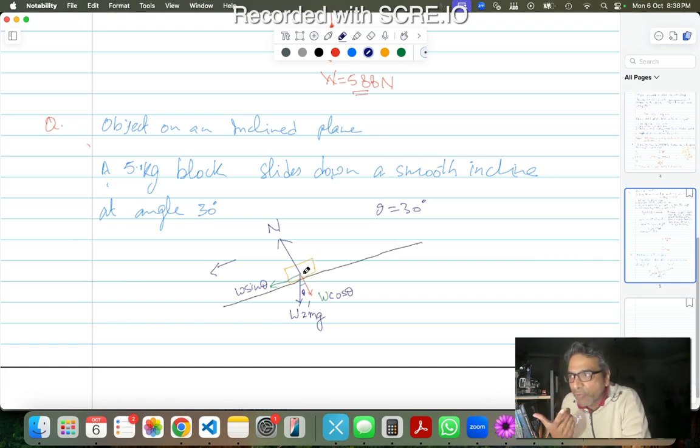So again, the friction should be in the opposite direction. So it should be equivalent to the force which is making it slide downwards, right? Okay. So if I have done the correct thing,